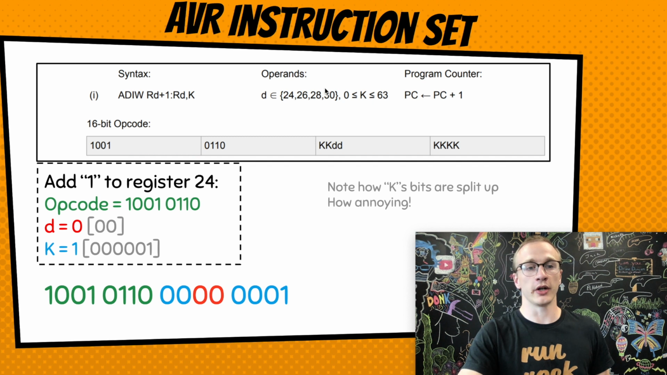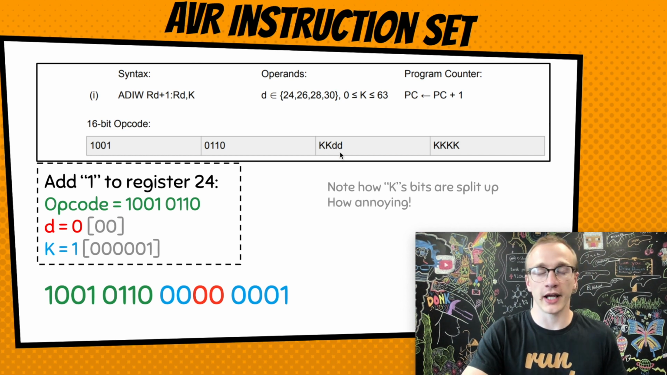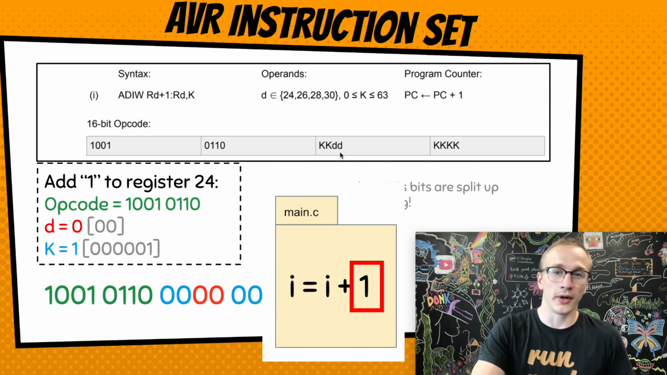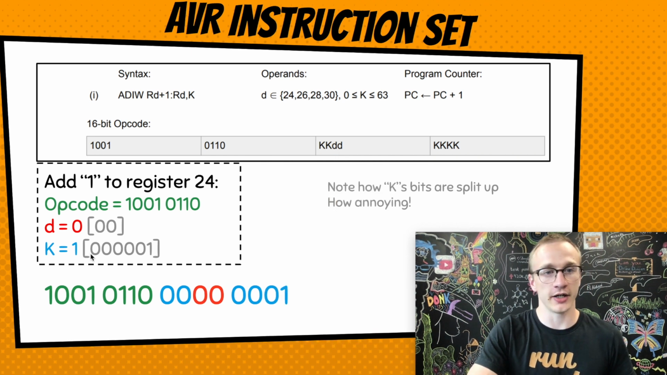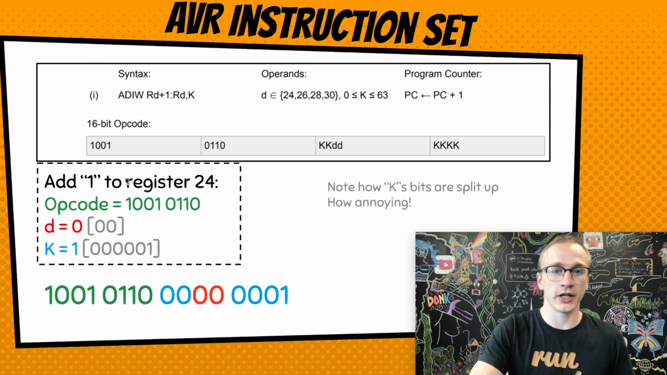So we're going to use 24, which means that we're going to set our D value equal to 0, which is 0, 0 when you use a 2-bit number. Finally, we have the number K, which is the number that we want to add into that register. So in our case, we want to add 1, and 1 in binary is just all zeros followed by a 1. So if we plug our information back into this formula that we've got here, we end up with this